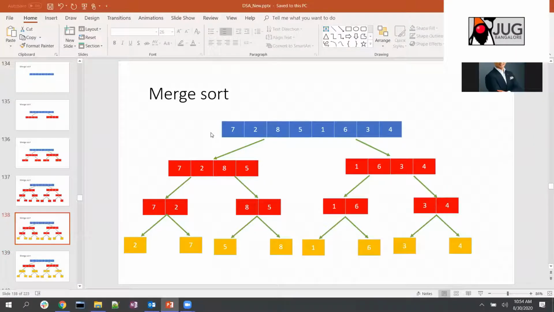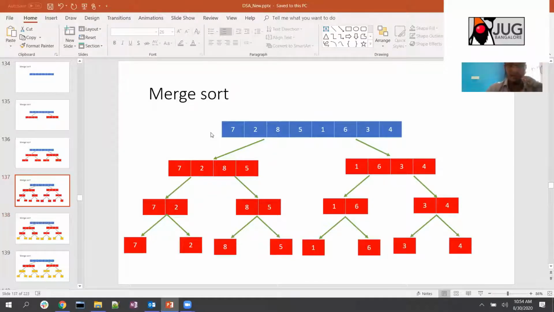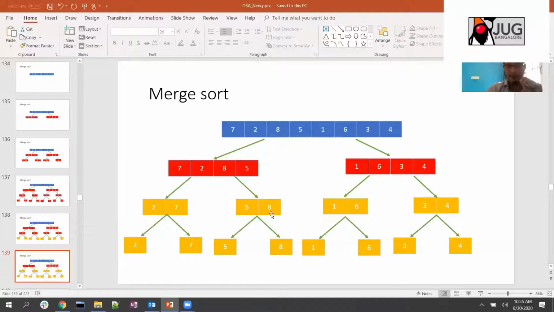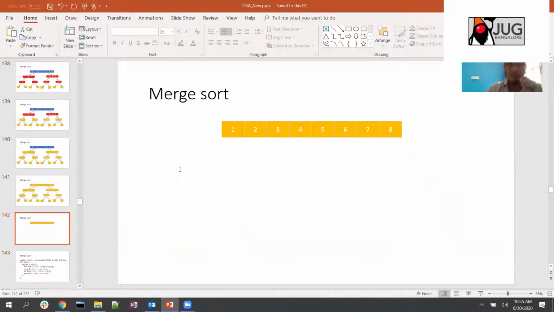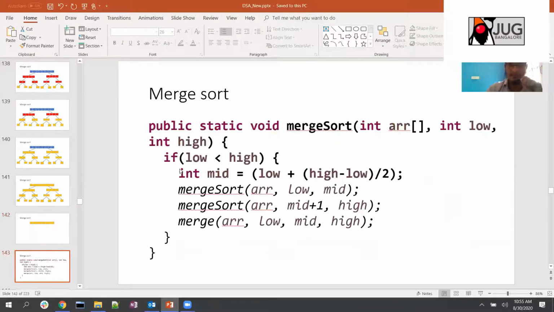So basically this is the way: once it hits the base case where it cannot further divide the 7 and 2 here, then the merging will start happening. So basically you call merge sort dividing the array, and then finally you call a merge function where you merge the two subarrays. For example, here, 2 and 7 is merged, and once this has happened, then 5 and 8 will be merged, and these two things will be merged back. So basically it is a recursive function call, and then finally you will have all the elements merged back. So the important thing here is that merge function call.